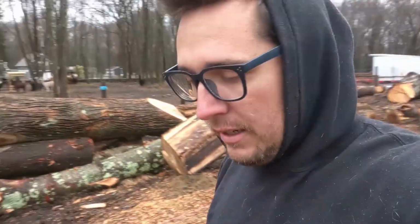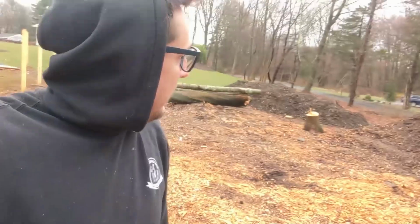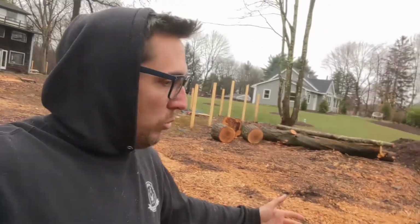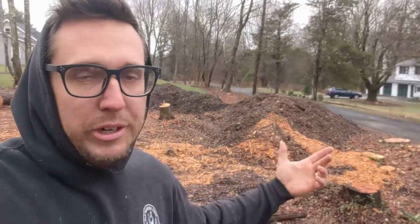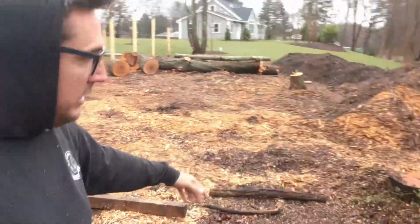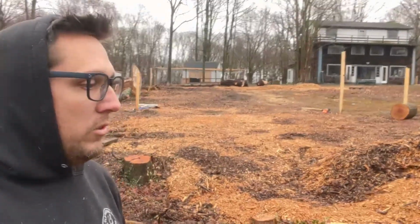So with this last load, some of this stuff is not ideal, but the guy who brings me this stuff brings the best stuff. So I take some of the not as ideal stuff when I can. But anyway, we had this area over here cleared. And then I also had someone come and bring wood chips, but they dumped them over here. So now they're in my way. I was thinking that I would be able to clean this up on my own, but now we're also looking to see,